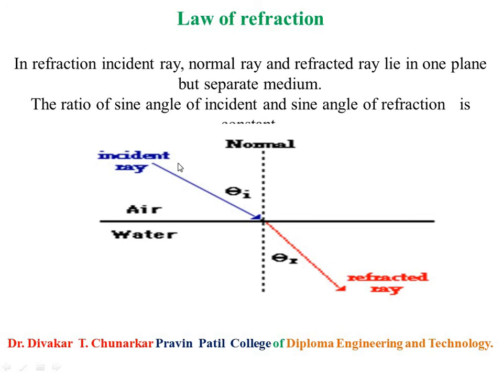Suppose this is the incident ray falling on the mirror or glass and changing its path with bending. This line goes in this way, but changes its path with bending. Here is the bending, and bending is the important word of the definition of refraction. So the incident ray falls on the mirror and enters from one medium to another medium with bending. It's called the refraction ray.